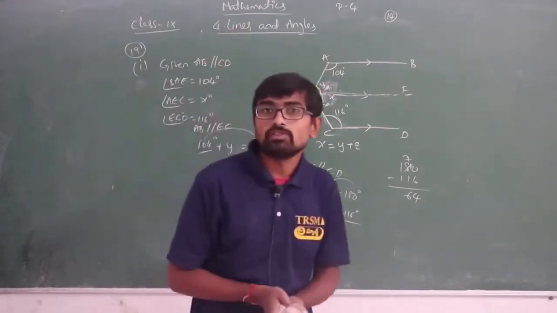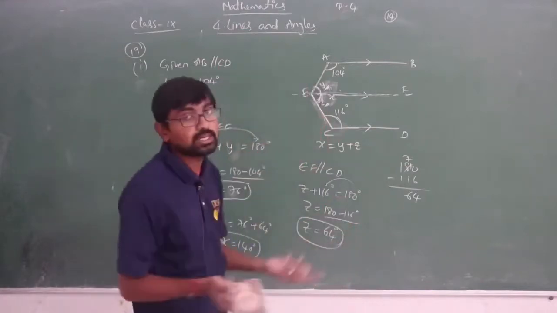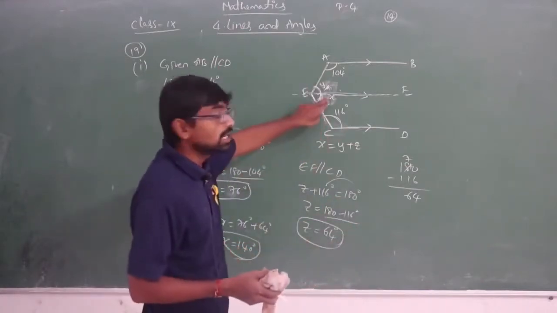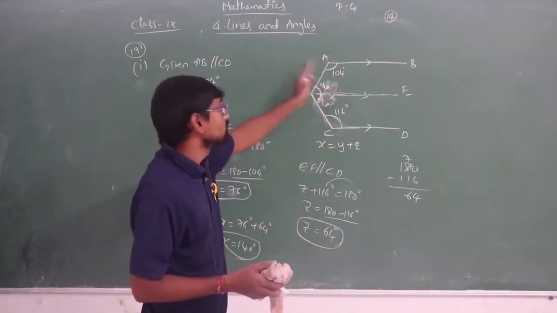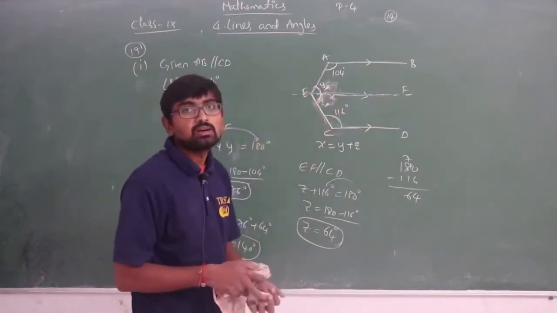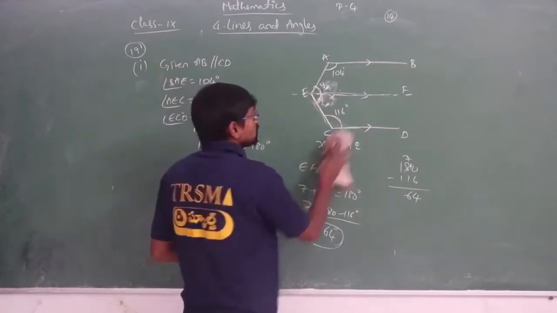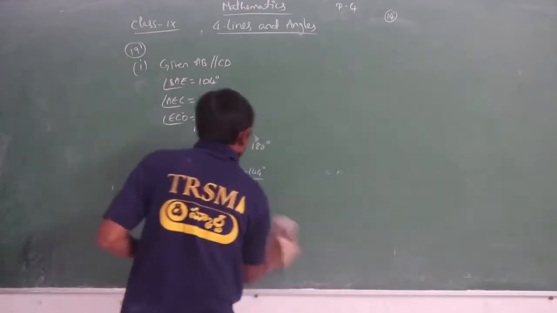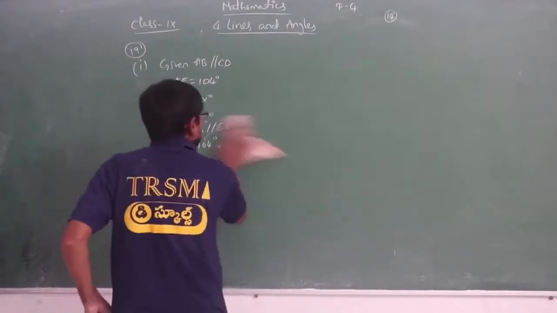You can take any alphabet. Instead of taking y and z, you can take A, B, C, D. X, he had given X in the question. So instead of X, you can take any other values. Okay, so like this, you need to find the value of X here. Okay, the second question is also the same and the third question is also the same.